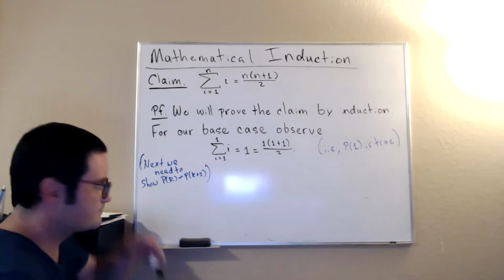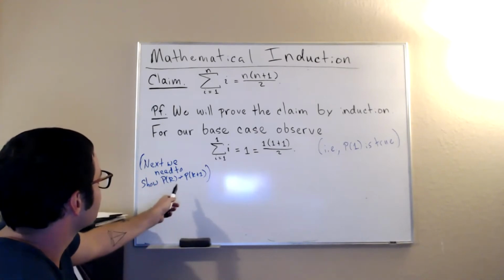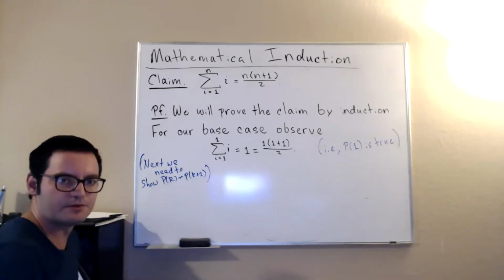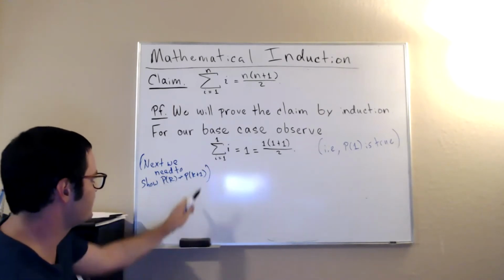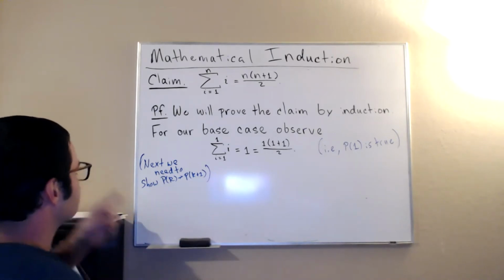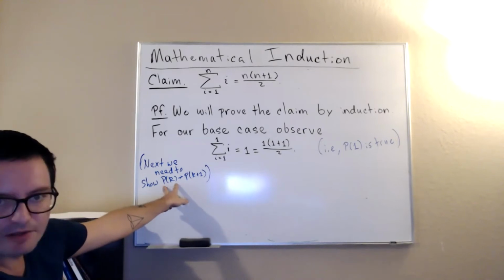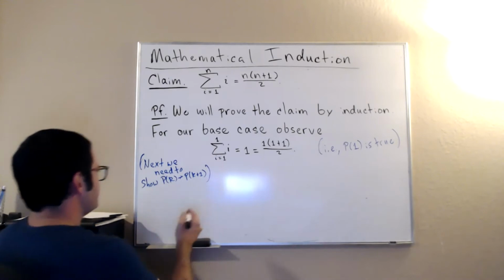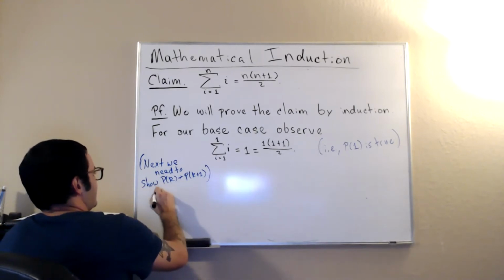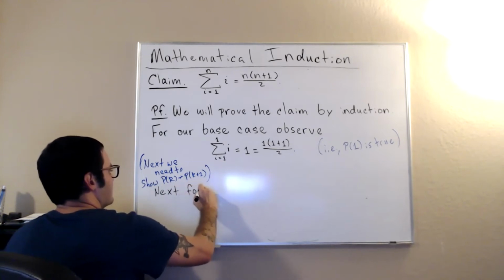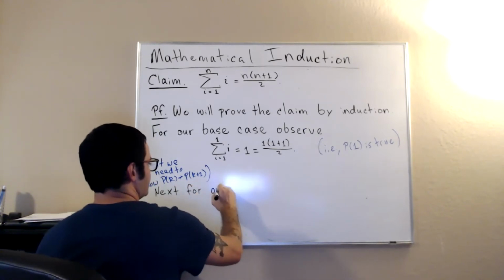So that is, we assume p of k is true, and then show that p of k plus 1 is true. Okay, so this is our inductive hypothesis, as I mentioned before I erased. So next, for our inductive hypothesis,